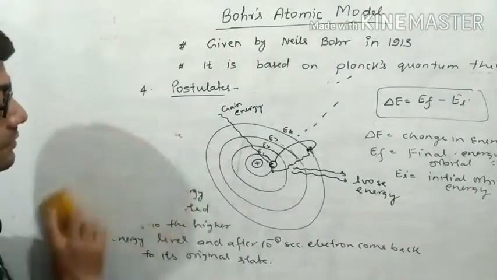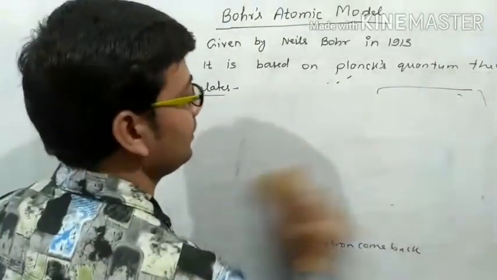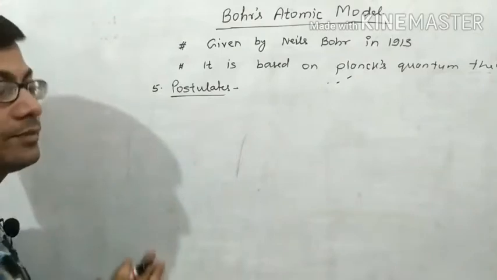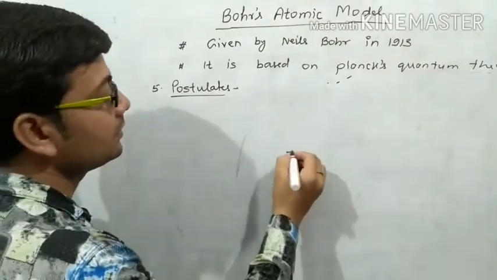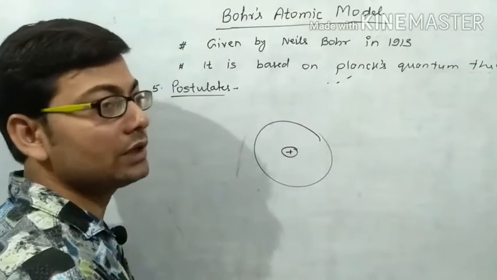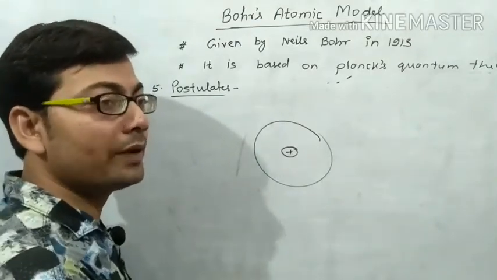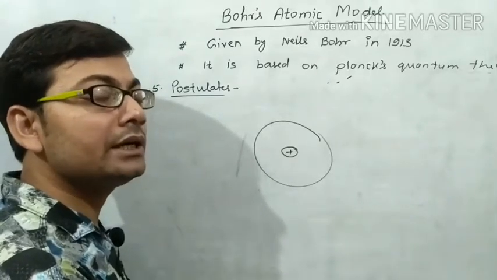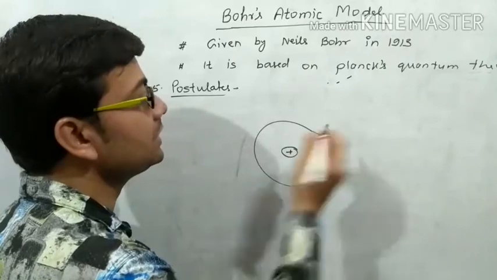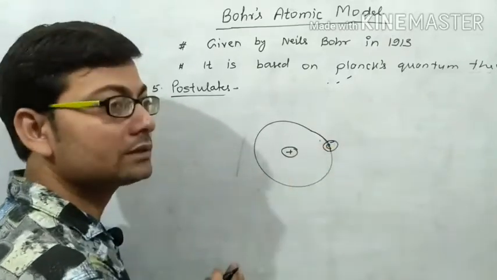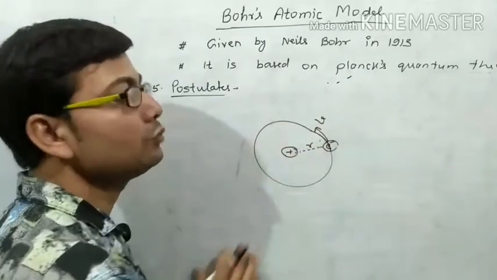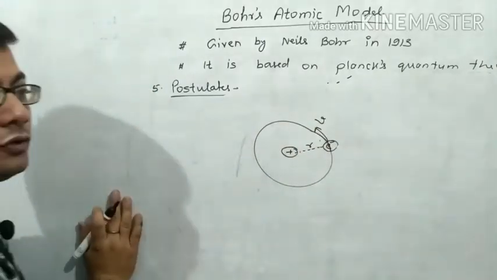Now the fifth postulate of Bohr's atomic model. Fifth postulate: as an electron revolves around the nucleus, it revolves in those orbits in which its angular momentum is equal to a whole number integral multiple of h upon 2 pi. What does this mean? This is an electron. The electron has some mass and is at some radius r from the nucleus. It moves with velocity v. Then, according to the fifth postulate,